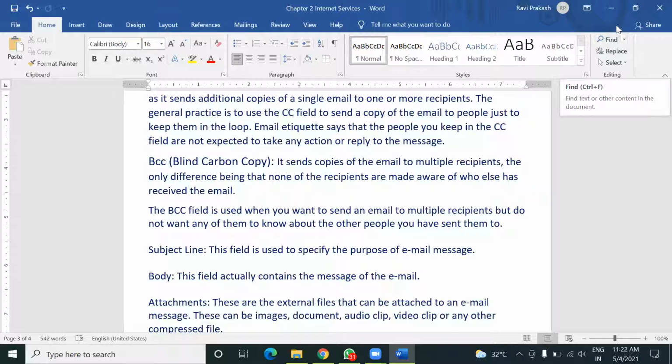Means you will not lose the original content in your file, but that software will be able to compress the file to reduce its size. So if you want to send an attachment but it is exceeding the size limit, you can simply compress that file and then send it as an attachment.